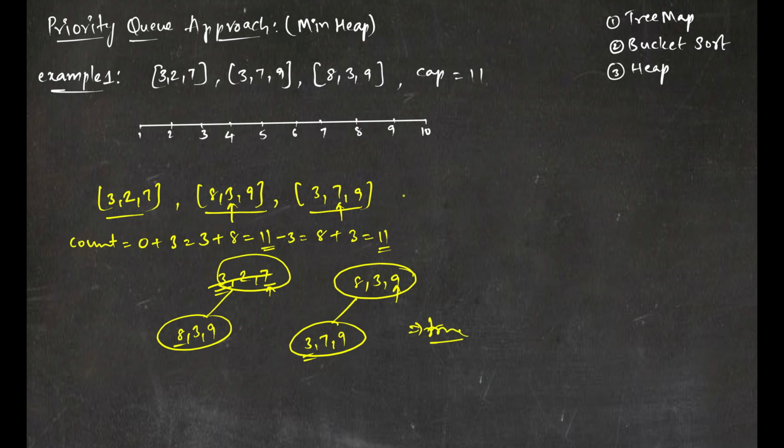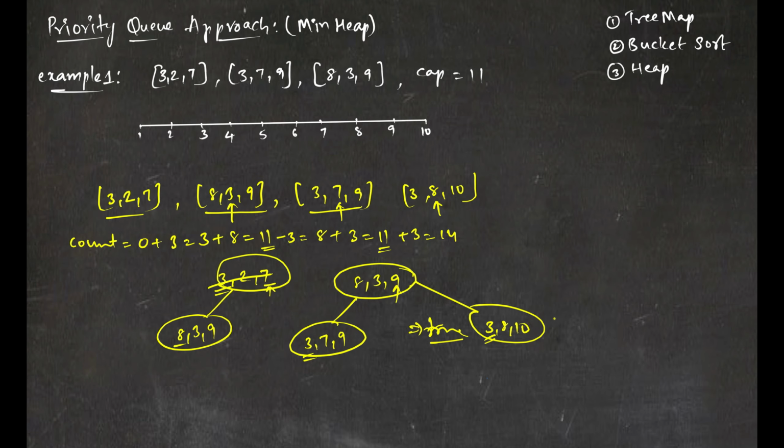And if at all we have another trip, like that is starting at 8 and ending at 10, which is carrying maybe, let's say, 3 passengers. So when we come here, this is starting at 8, and if you look at the top of my priority queue, this is ending at 9, so I don't need to remove this, I just need to add this to my priority queue. So it'll go like 3, 8, 10, and it is having 3 passengers, so I need to add that to my count. It is plus 3, it is 14, and this is greater than my capacity, so I can't carry these trips. So these trips can't be completed at the same time, so I just need to return false.